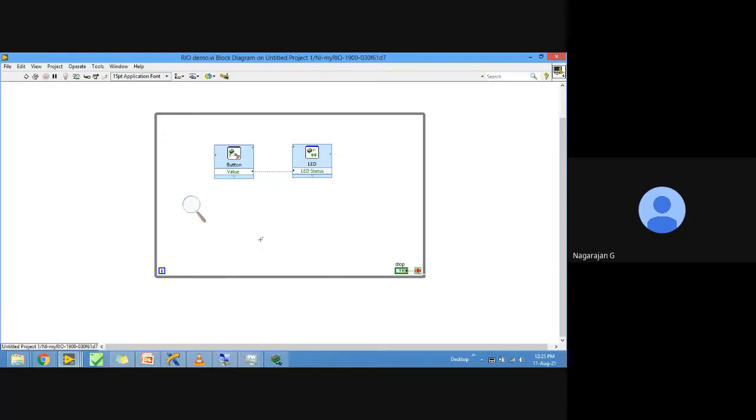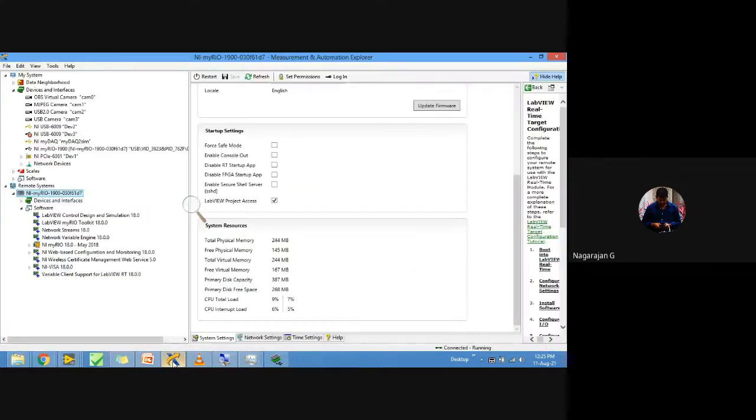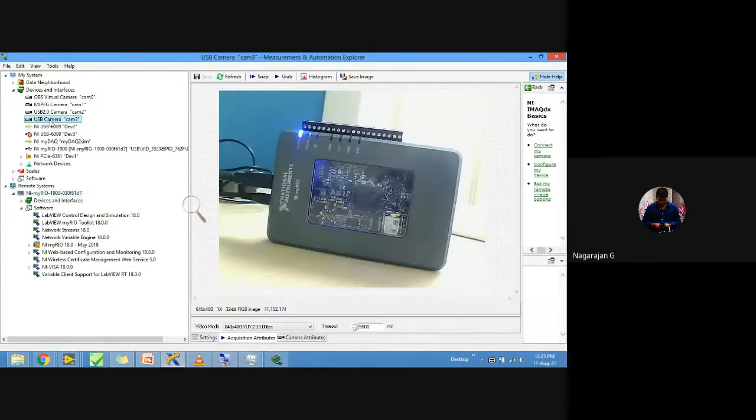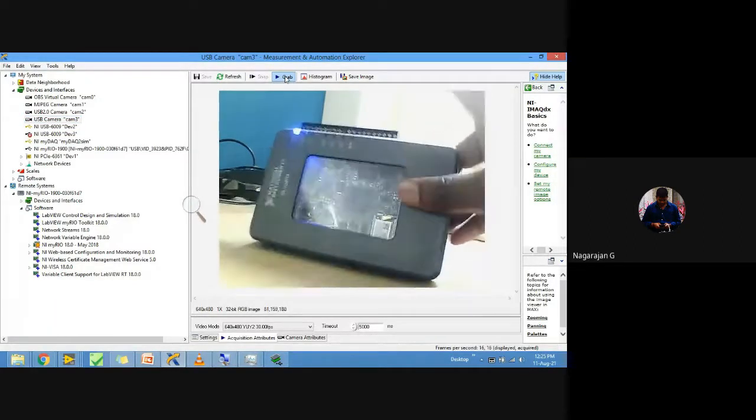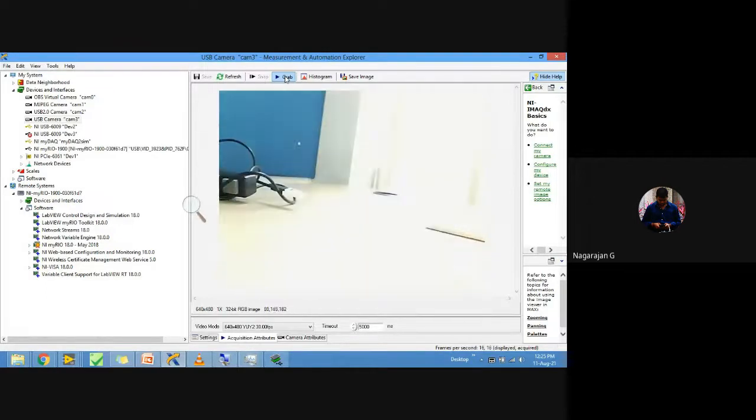LED to blink. Okay, so now you can just look into the camera. I'll go to the camera now. So I need to switch. Okay, you can see the camera. So I have IO terminals here, right? Let me